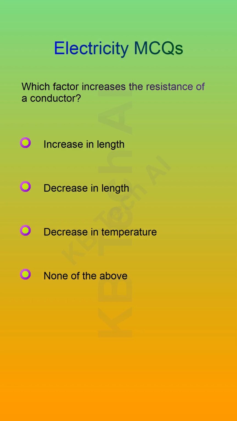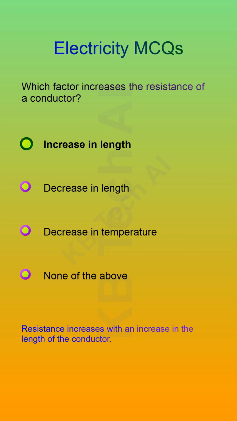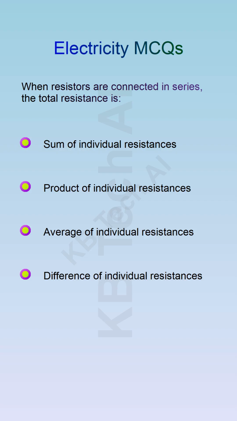Which factor increases the resistance of a conductor? Option 1, increase in length, option 2, decrease in length, option 3, decrease in temperature, option 4, none of the above. The answer is, option 1, increase in length. When resistors are connected in series, the total resistance is Option 1, sum of individual resistances,